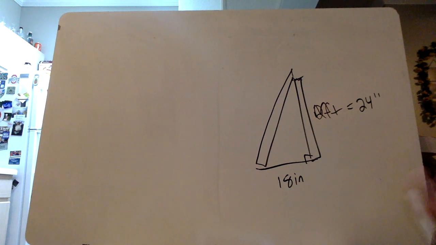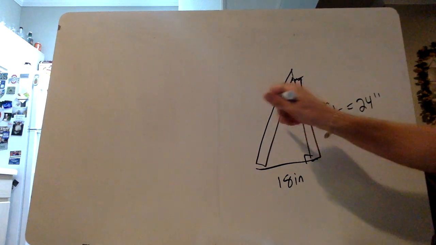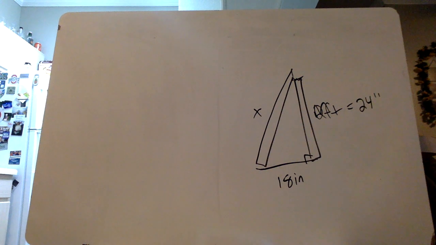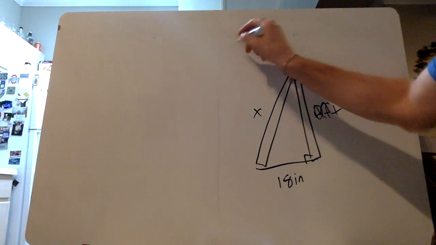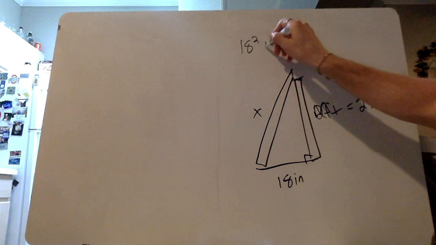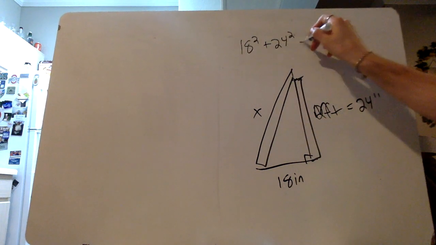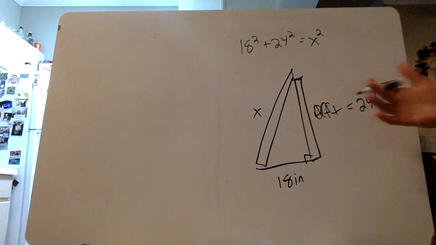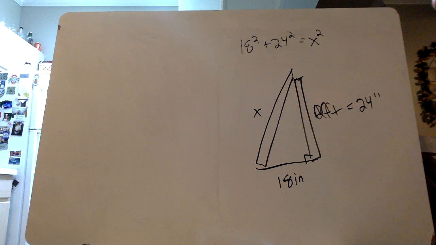Okay. So the goal is you got to find the hypotenuse, right? So that's my x, right? As we've done that. So you just got to do a squared plus b squared equals c squared. So you end up getting 18 squared plus 24 squared equals x squared. After you do all that solving, you end up getting x equals